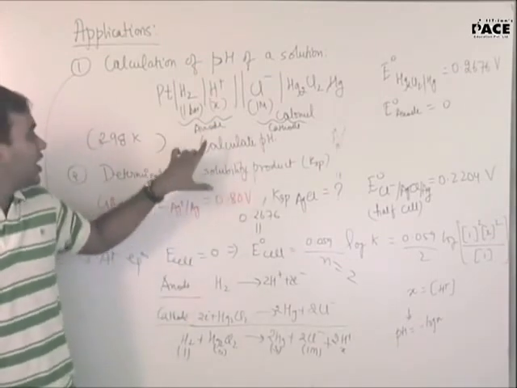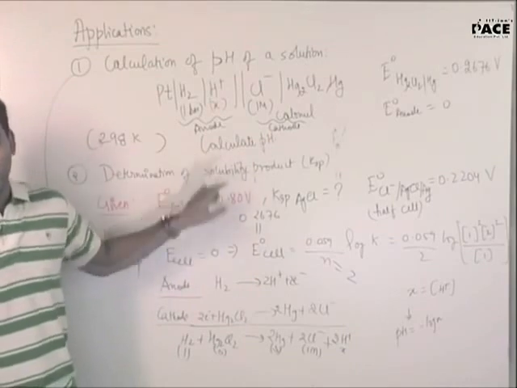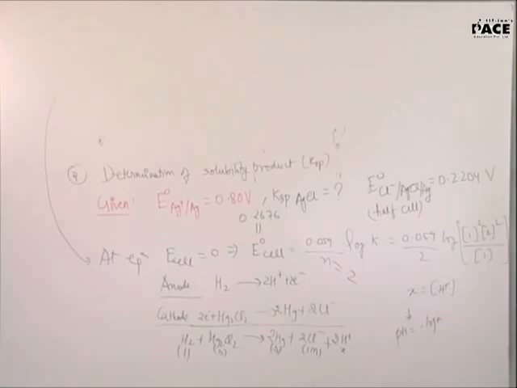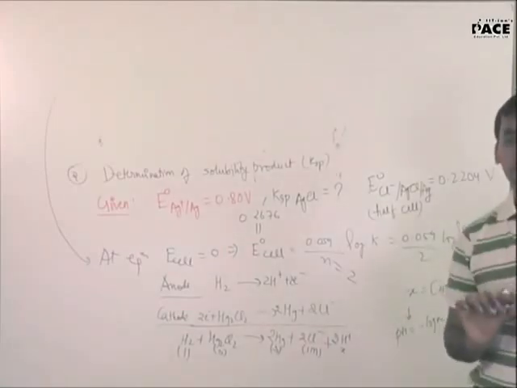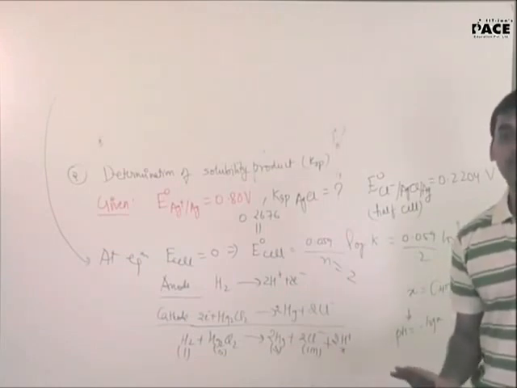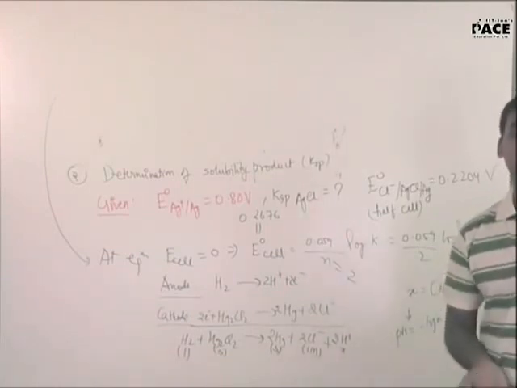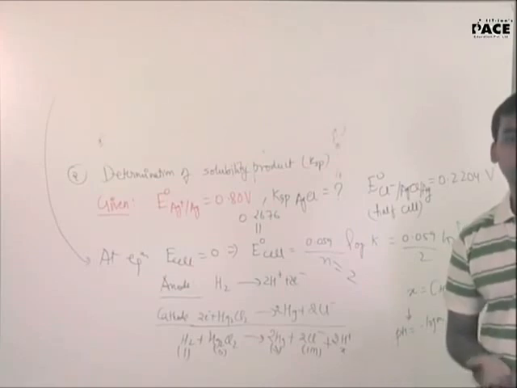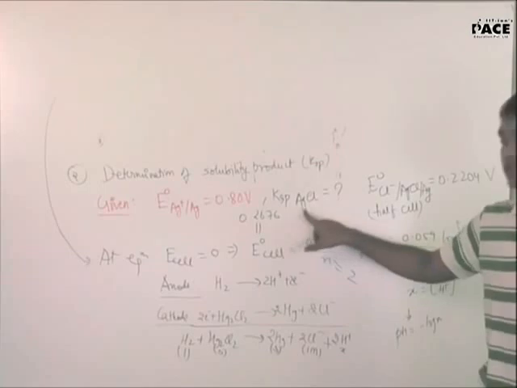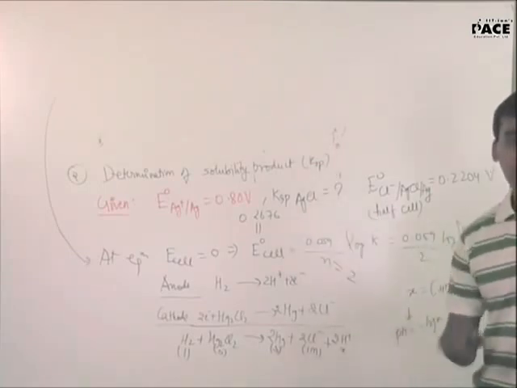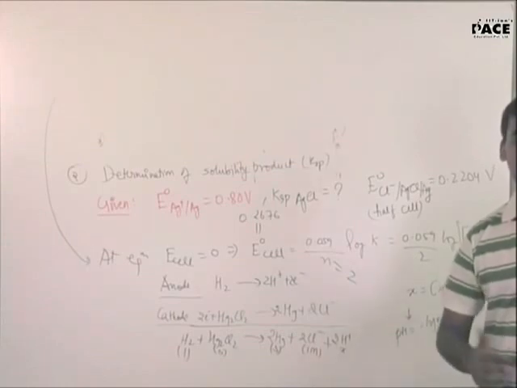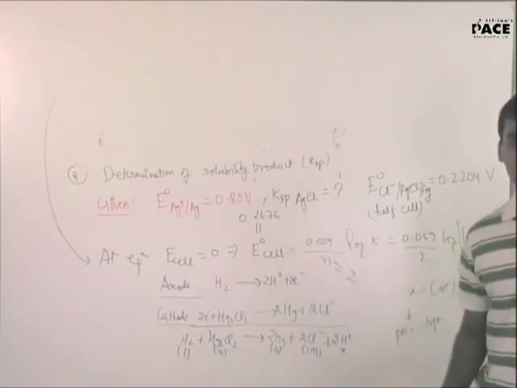In this question, I agree it was not that clear, but with a given set of data, what you have to do is take it as equilibrium. See, in the second question, they asked you about KSP. So in this case, they will not give you at equilibrium. Why? Because if you determine KSP, it has to be at equilibrium. Getting my point? So in this case, they will not mention whether the reaction is at equilibrium or not, because they've asked you what is the KSP. KSP will be only at equilibrium. Otherwise, you should know the ionic product, and it is not given to you.